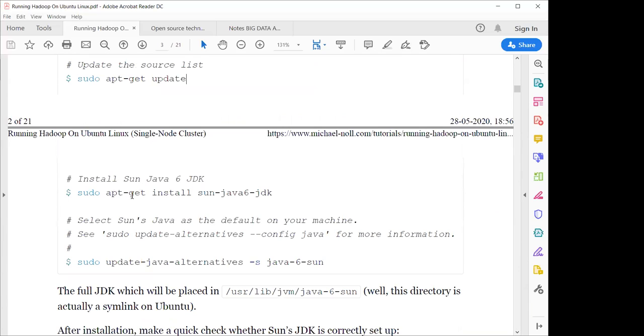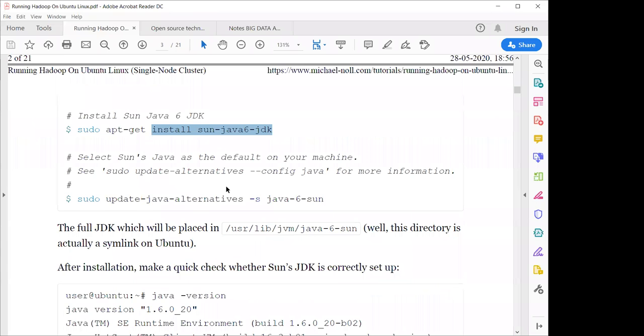Now the next command is to install Java. You should take care about which Java is being installed, as there are multiple Javas. One is Java owned by Oracle, so you can install Java from there. But Linux also has its own flavor of Java, which is OpenJDK. I prefer to go for the OpenJDK. So just install the OpenJDK. Go to the OpenJDK site, find out which version is required and compatible with your Hadoop MapReduce system, or you can install from there.